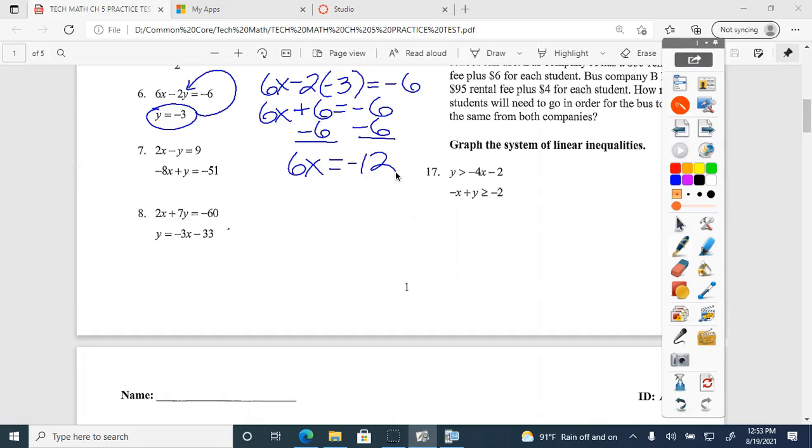You get something? I forgot later on. Divide by 6. Divide by 6. X, I did that is wrong. -2. So